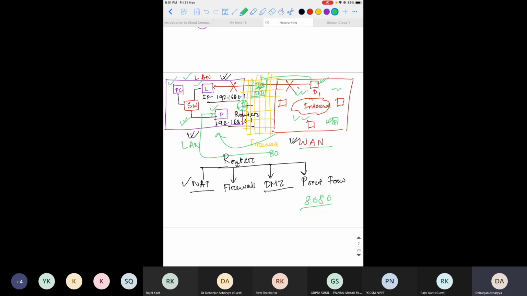If you have any question, you can ask me please, and otherwise I will go to the video that will show you how to make a sensor cloud by using the components I have already discussed.